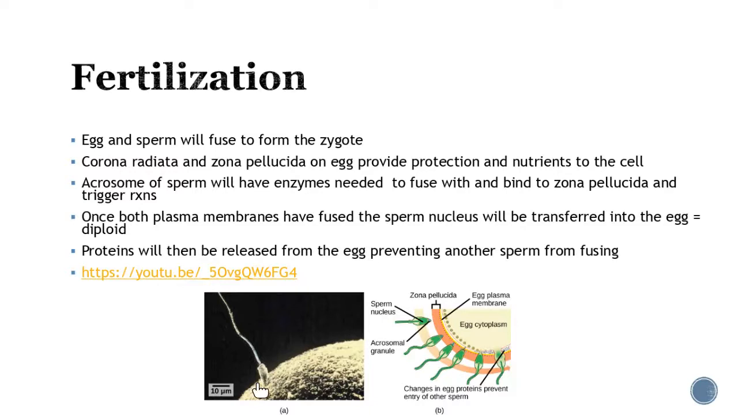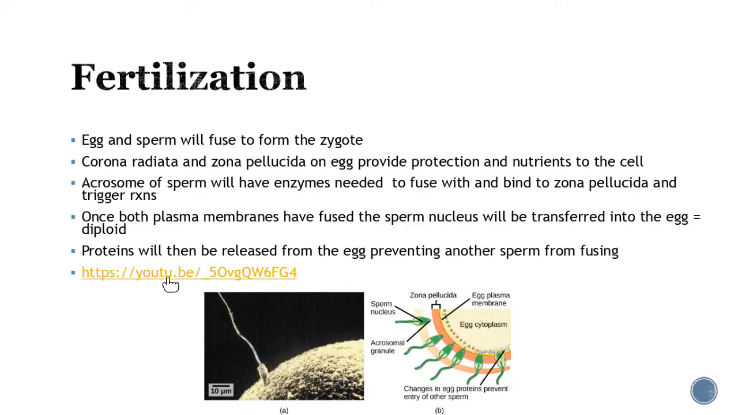Now the acrosome of the sperm, which is also a part of the head, is going to have enzymes needed to fuse with and bind with the zona pellucida. And when that happens, the fusion of the acrosome enzymes with the zona pellucida is going to trigger some reactions in the cell. And what that does is it causes proteins to release from the egg to actually prevent other sperm